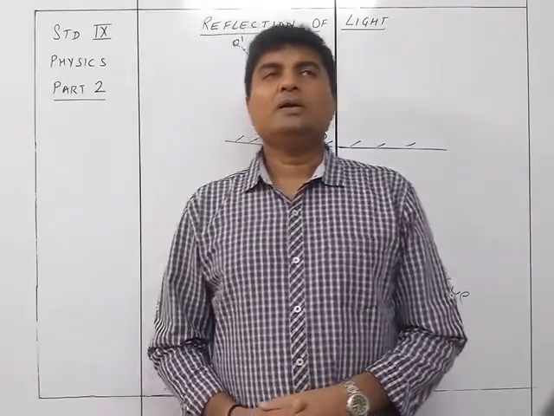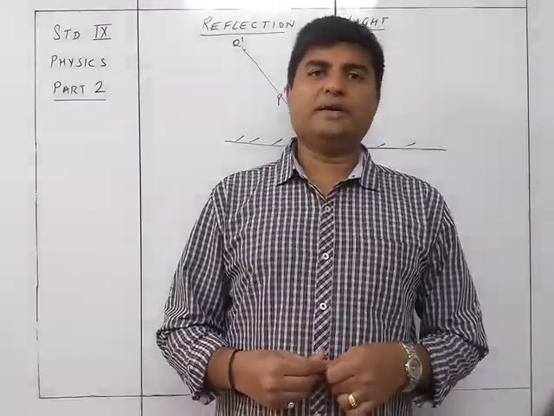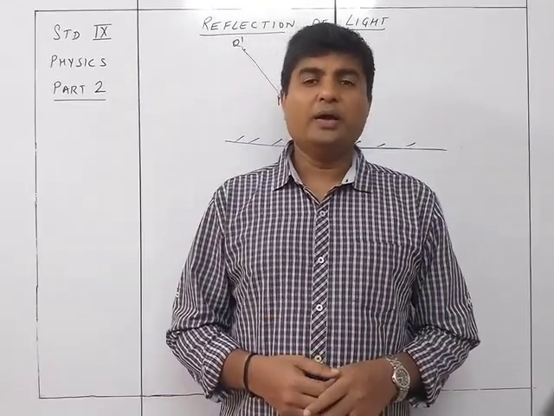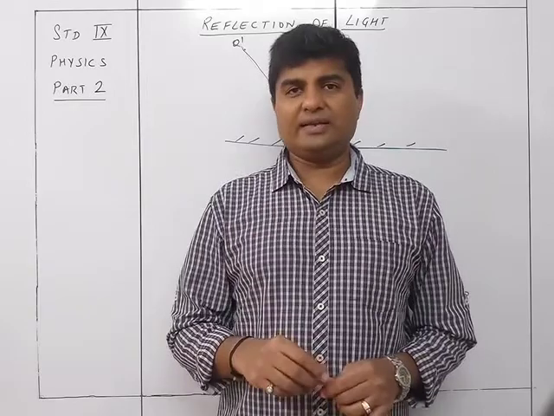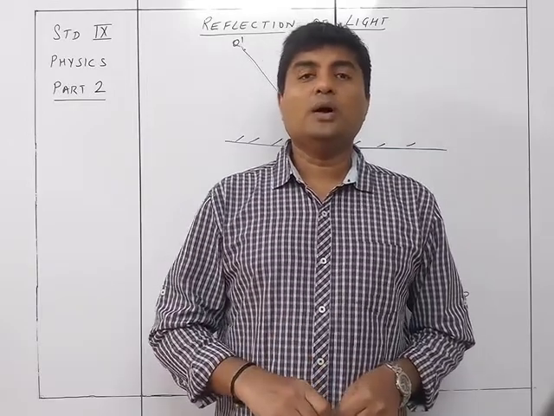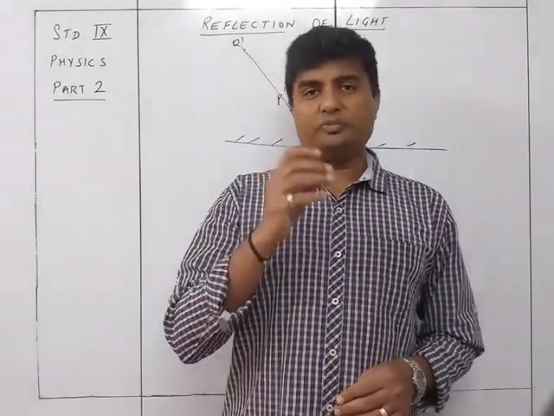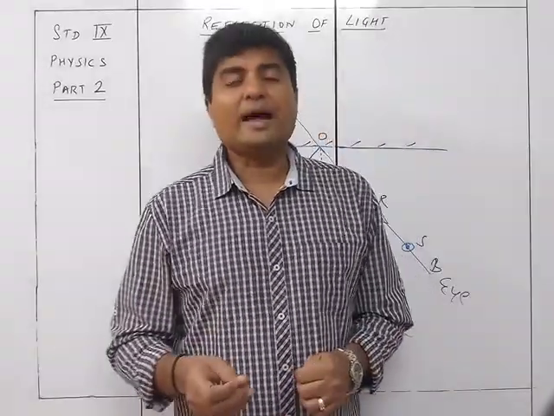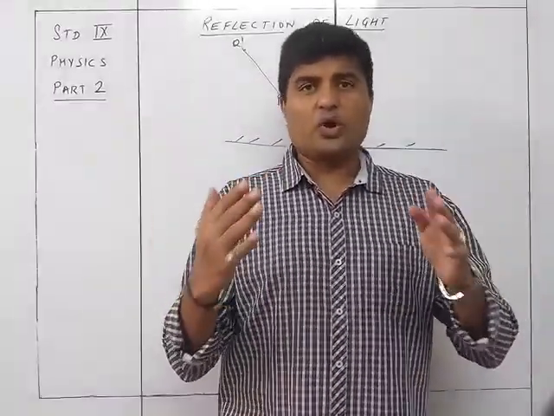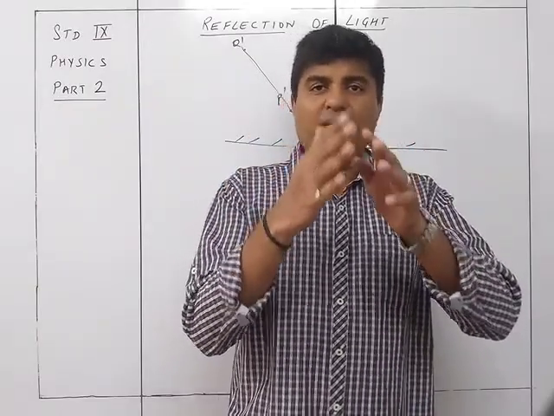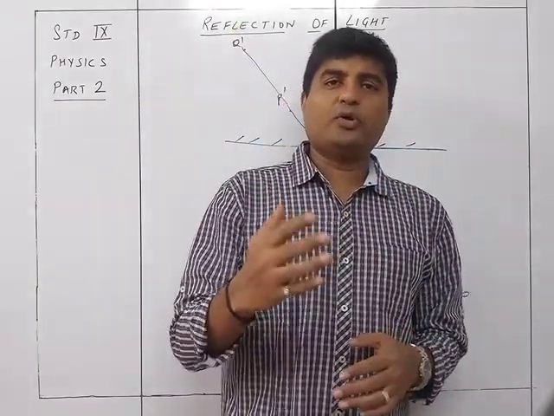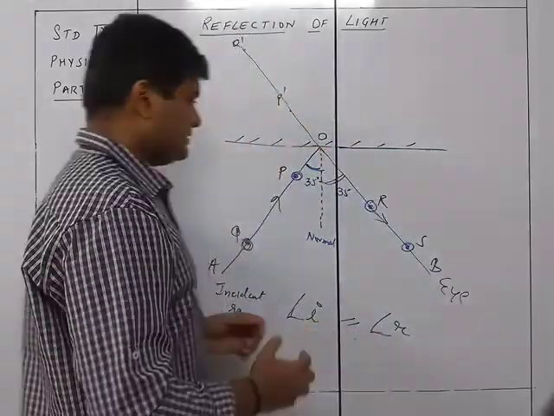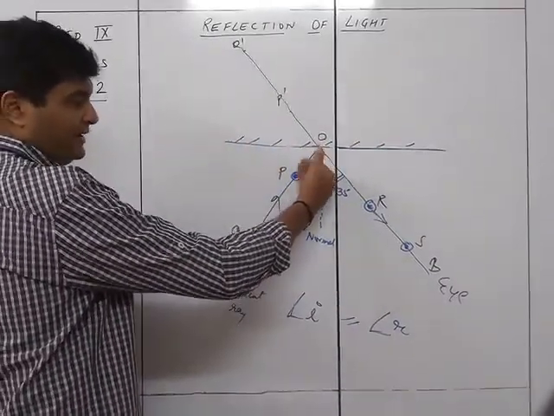So, when I am talking about the image formed, to find out where the image is going to be formed, I need at least two rays which I will need to draw from the object to the image. Those two rays I draw from the object to the mirror, and from the mirror, I extend them inside after reflection. So it is like this, one is getting reflected, and that's it.